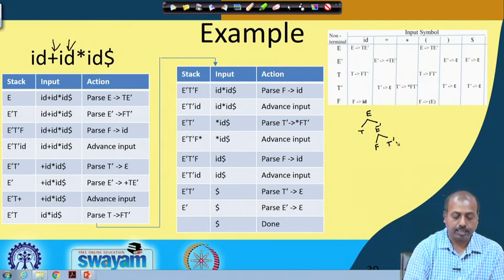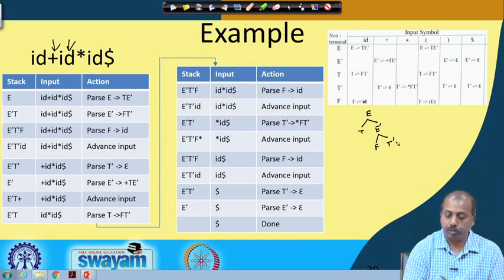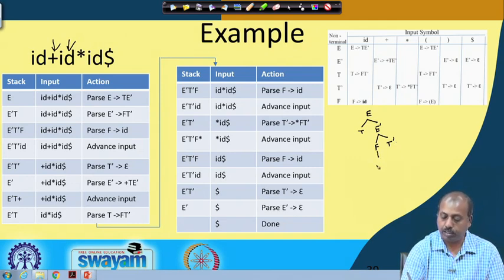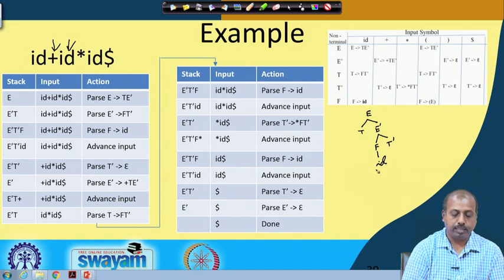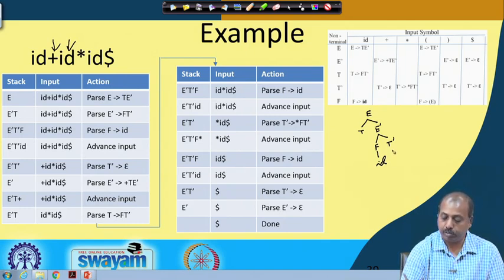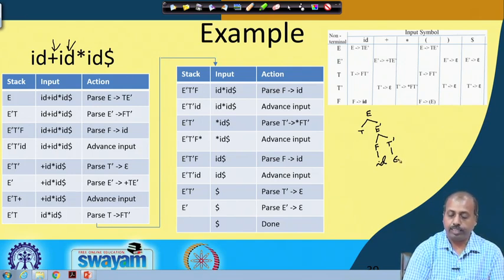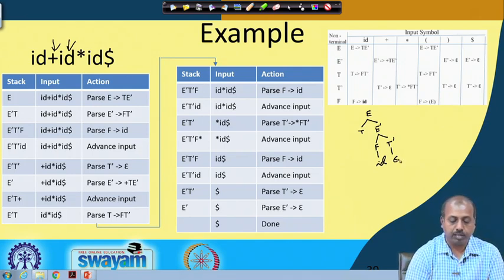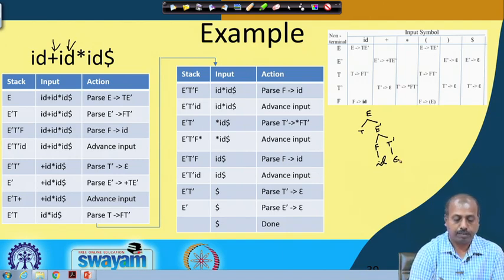Then it says follow rule F producing id. So F producing id, then advance input. So no action. Then it says T' producing epsilon. So follow this rule T' producing epsilon. Then it says parse using this rule that